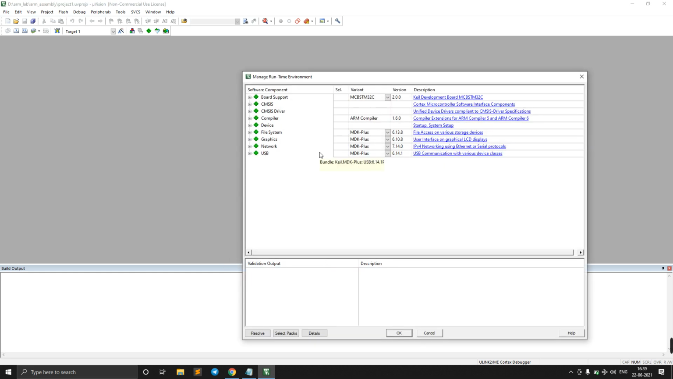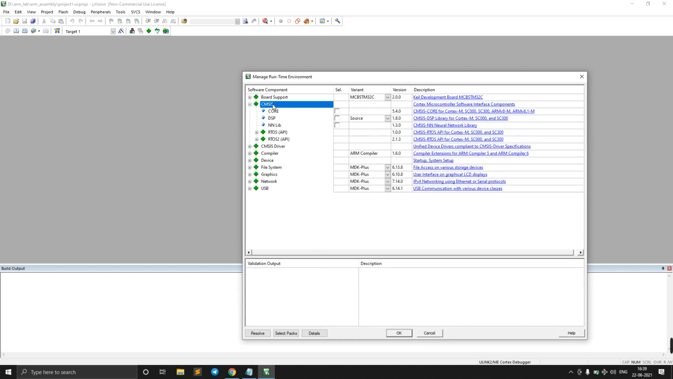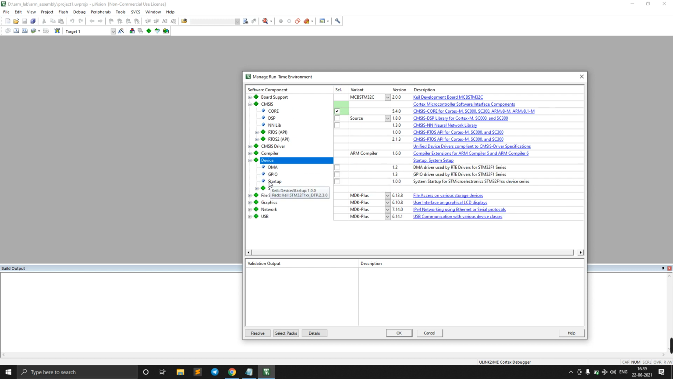Now in the runtime environment we need to add two things. One is to go to CMSIS, expand this, and add this Core, that means enable the check mark for this Core. And go to Device, then Startup, you just check this mark. So for both the Core under CMSIS as well as the Startup under Device, check them, then click